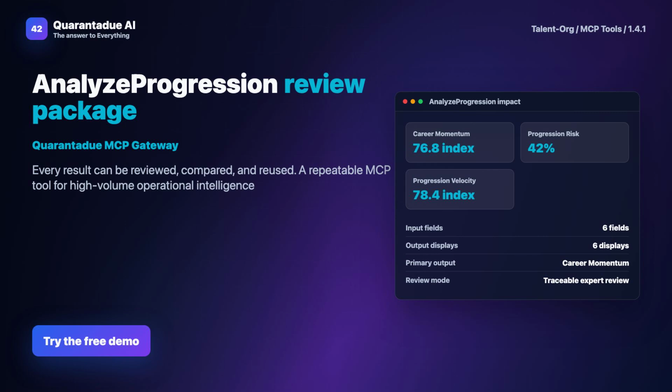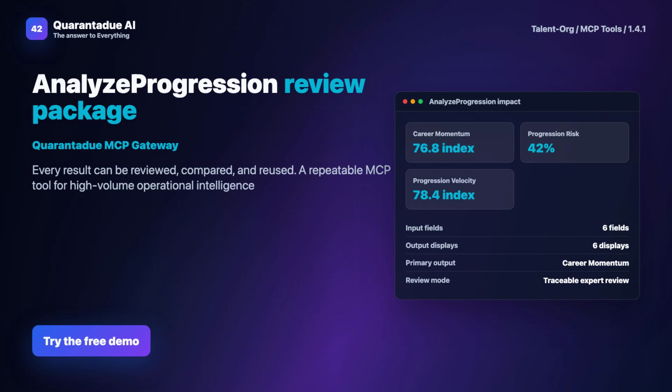For compliance and reporting, AnalyzeProgression generates comprehensive reports with visual charts and timelines. These reports are designed for different stakeholders, from hiring managers to legal teams, ensuring readability and alignment with regulations like EEOC guidelines. The audit trail provides documented rationale for every assessment, protecting against bias claims.